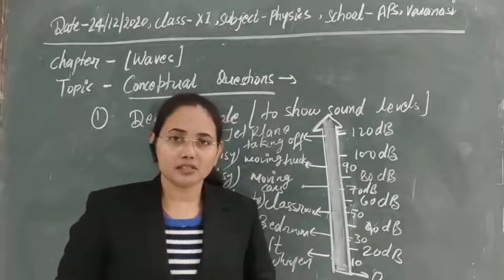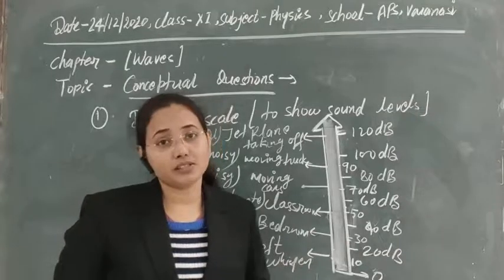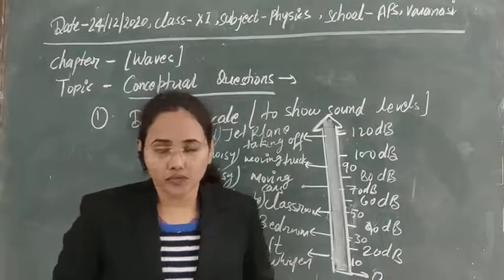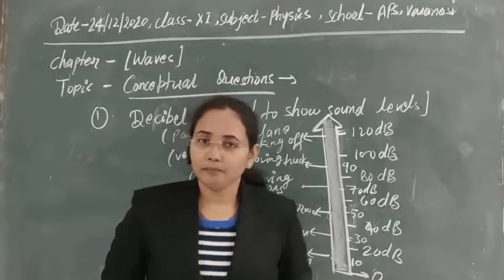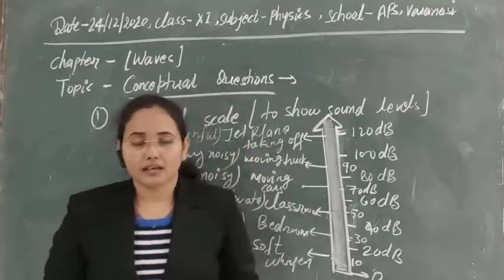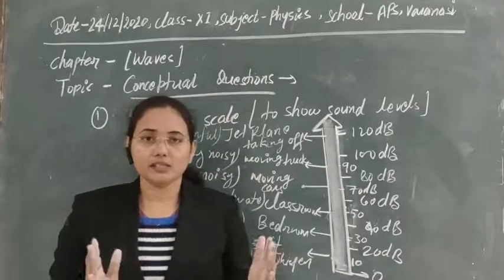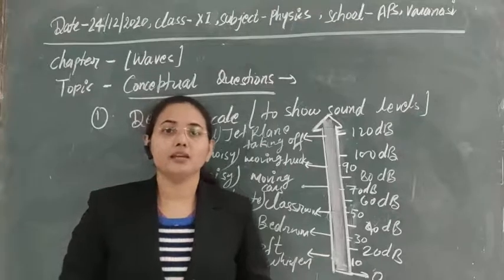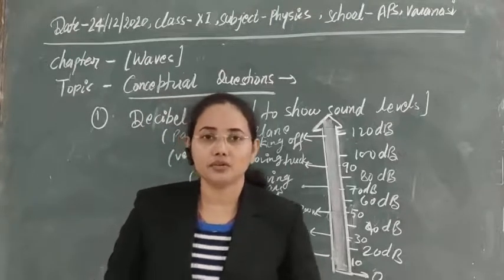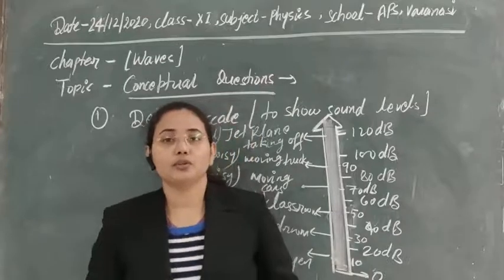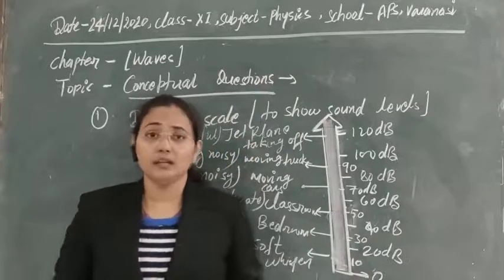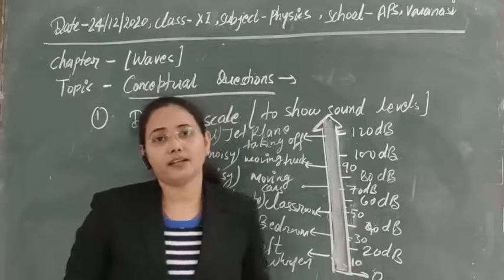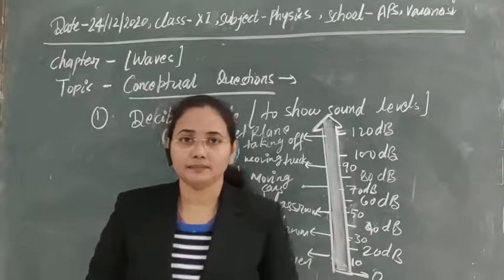But sounds produced above 60 are really not good for us, they are noisy and painful for us. And below 30 we will not be able to hear the sounds. So the most preferable sound for us is between 30 and 60. You can use this scale to produce different sounds that will be really useful to listen to, and there will not be any dangerous effects due to that.